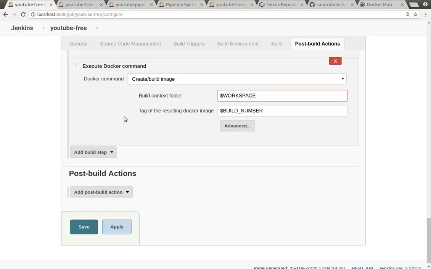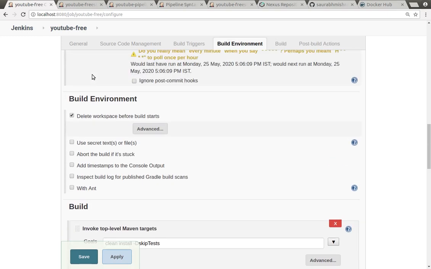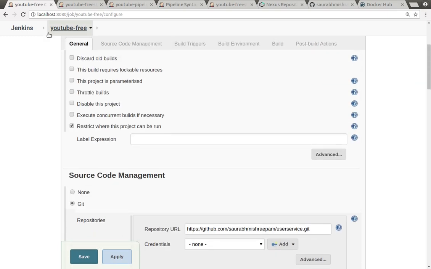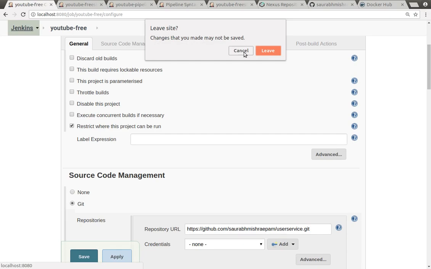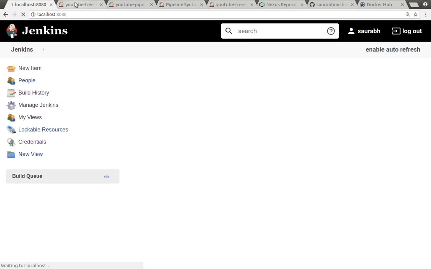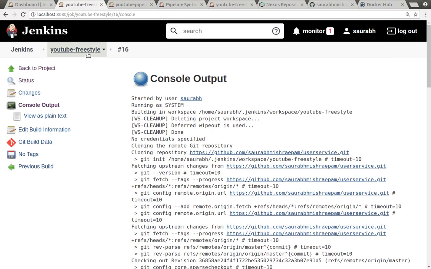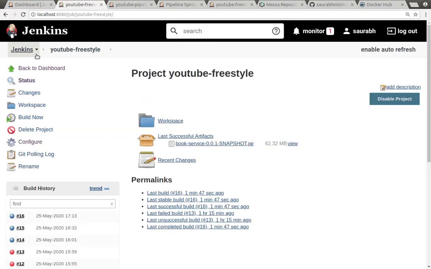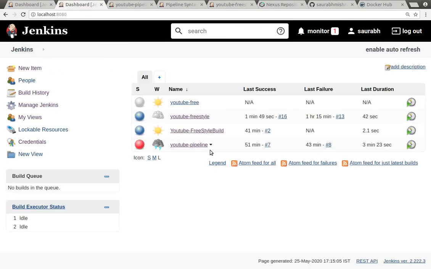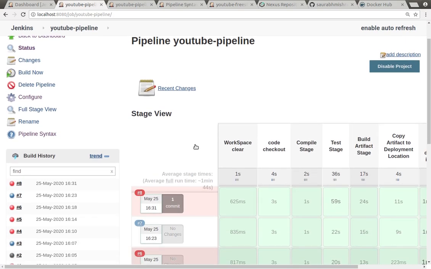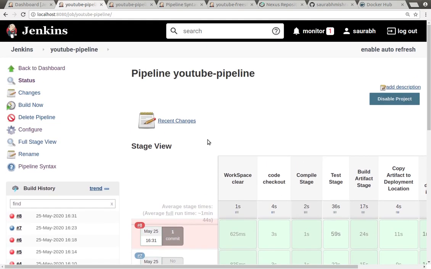Let's go to the next way of building the application pipeline, which is by using a pipeline. Pipeline is where everything goes inside a script, and instead of using this drop down and directly using the already existing configuration, we have to write some pipeline code inside that one. So this is the pipeline kind of build we have.